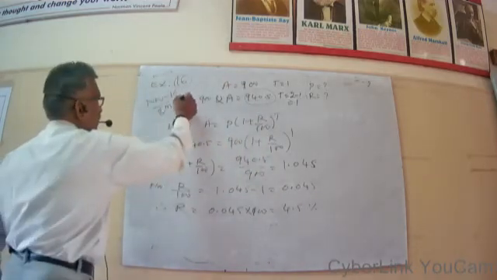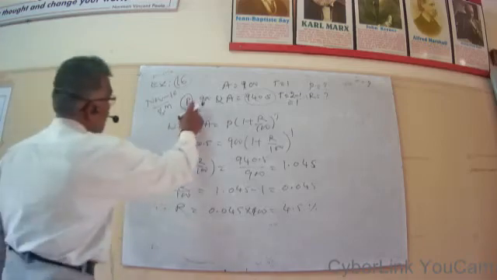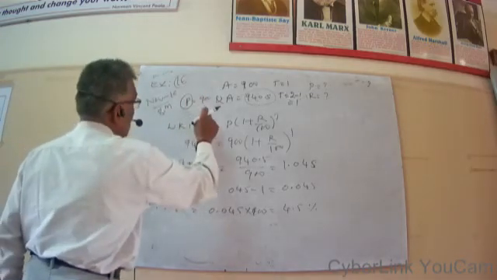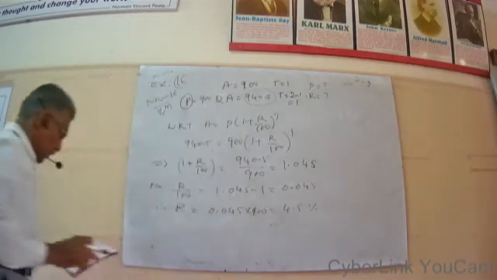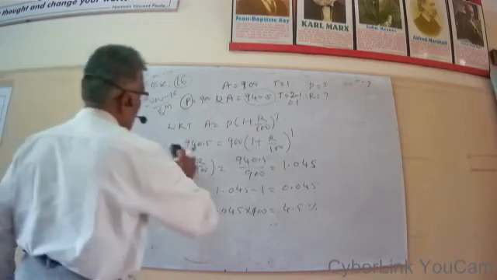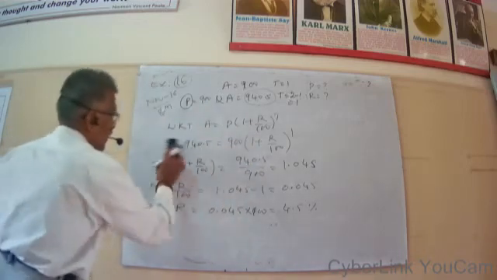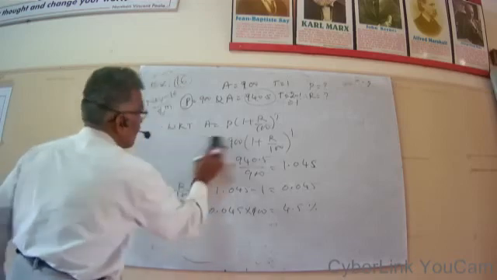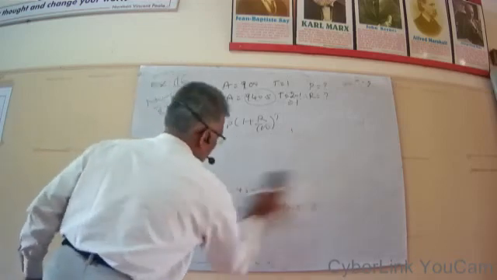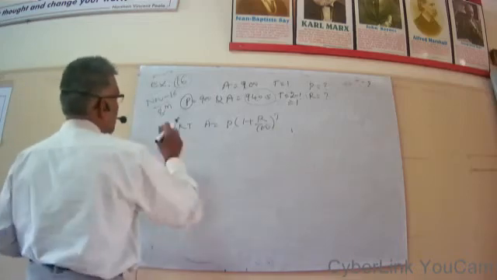Now we have to determine the P. This is P for the second year. Remember, this is not the original P, this is the P for the second year. So we have to determine the original principal amount. Now it is given that a sum of money amounts to 900 after 1 year. Same formula. Put 900 here, where I had put 940 earlier; all the rest is the same. So we have to determine P now.